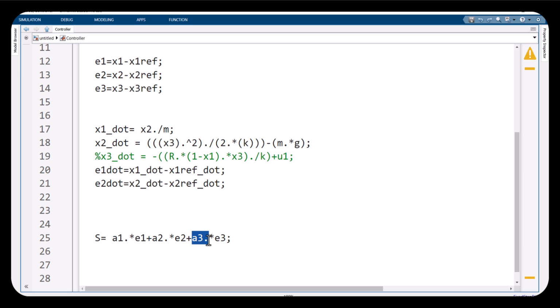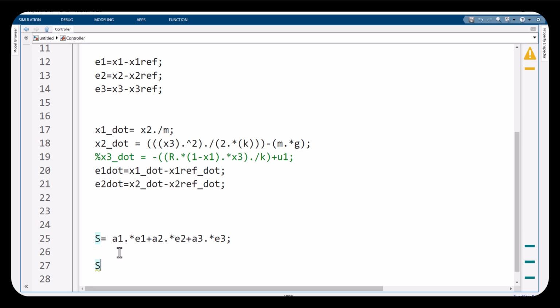We use optimization algorithms, reinforcement learning, or different techniques to compute these gains, the tuning parameters, because they define how much weightage should be given to this error one part, how much to error two, how much to error three to get the optimal result. So these tuning parameters play a crucial role. You can't just ignore them. So we define the sliding surface, and then